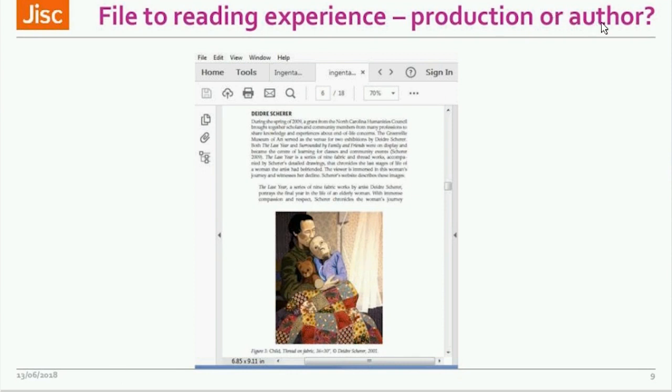But it's not just about production, it's also about the author. And this is where you may think about the way you relate to authors, and the way your guidance to authors and your requirements from authors is shaped, because it can make a big difference. So here, for example, you'll notice I've got Deirdre Scherer. I don't know if that's how you pronounce that, but this is, I think, from a journal article that has really effective headings and subheadings from a typographical point of view.